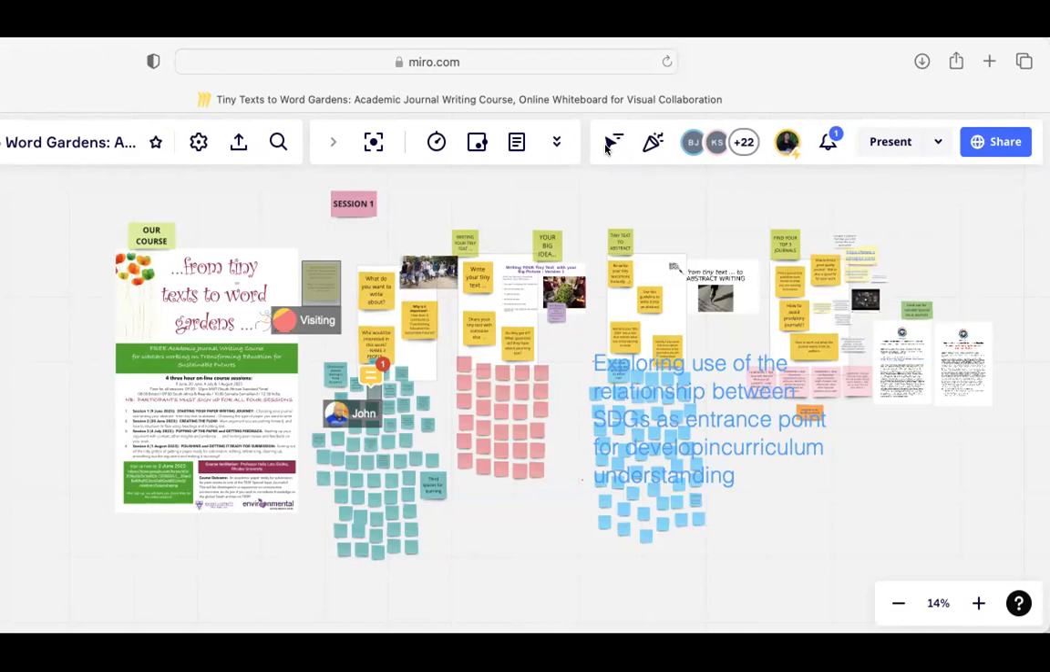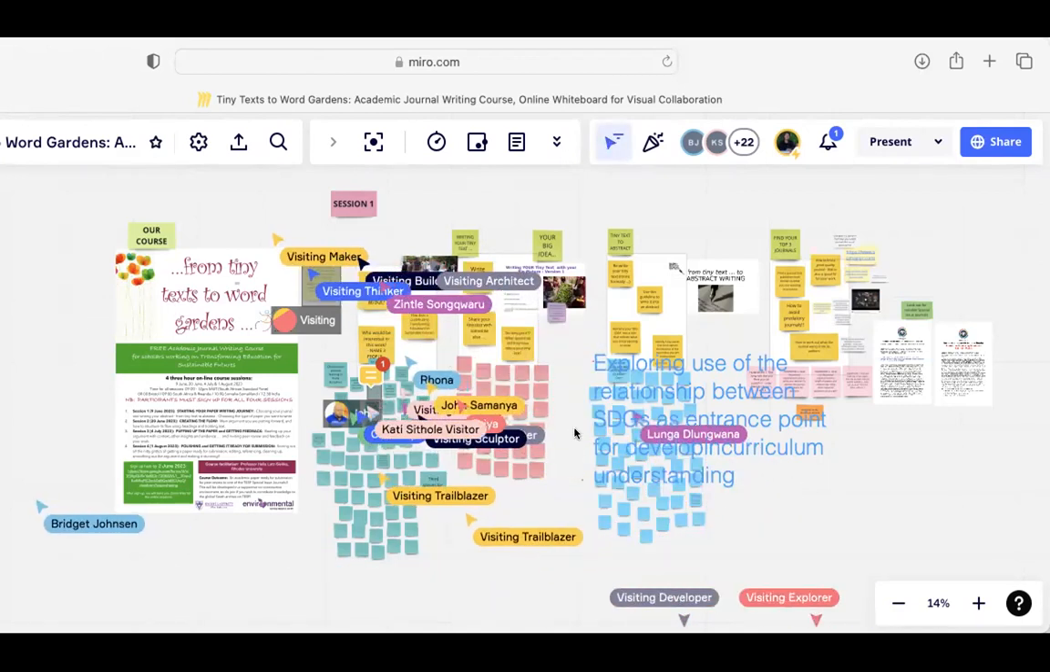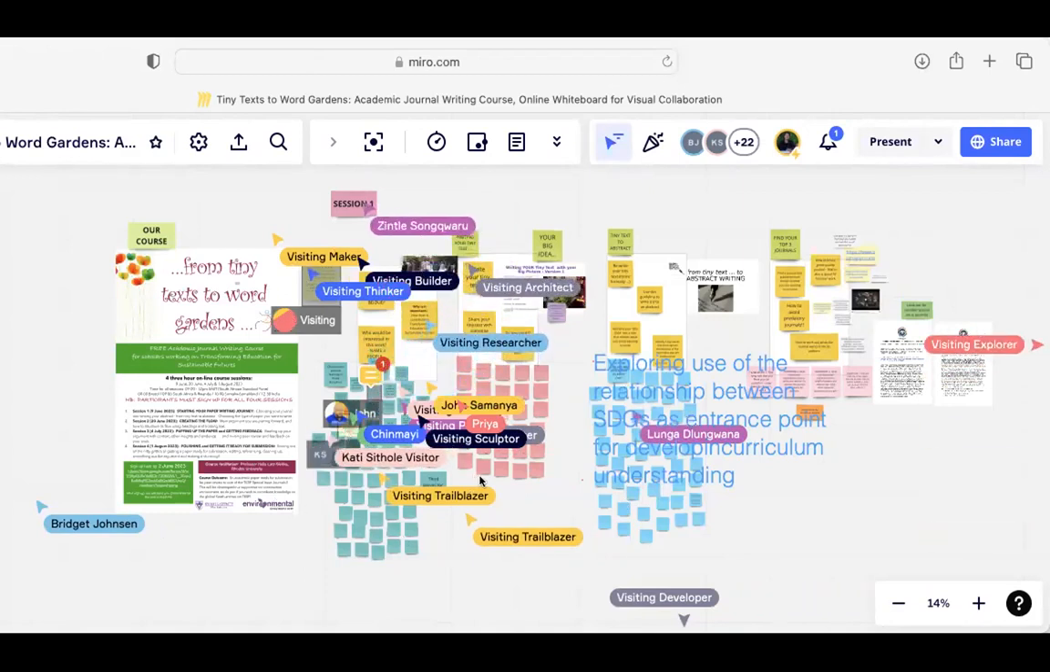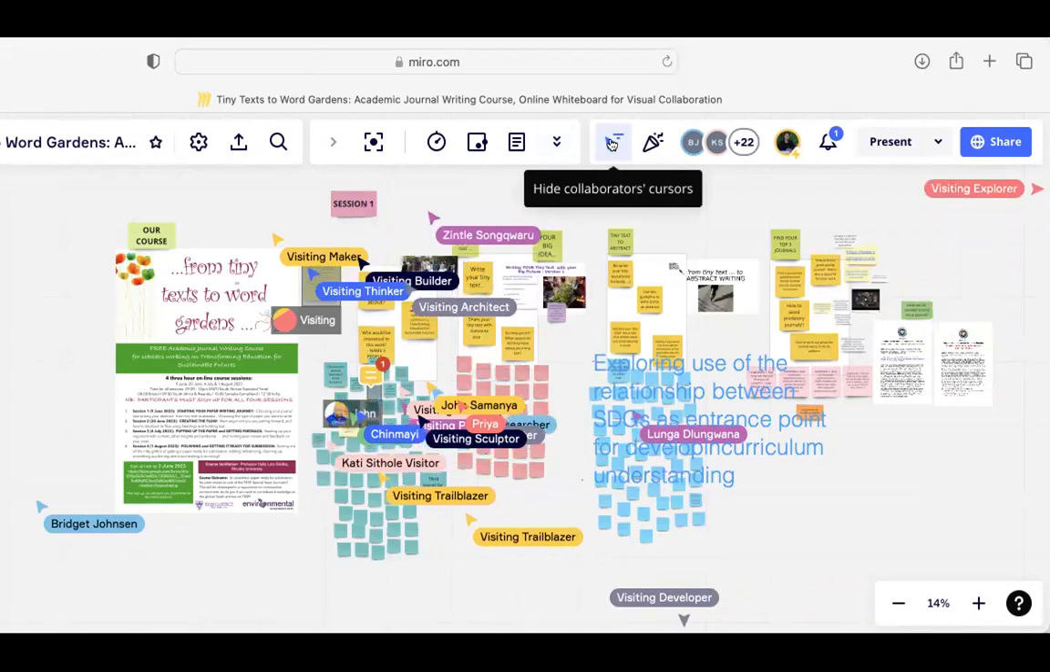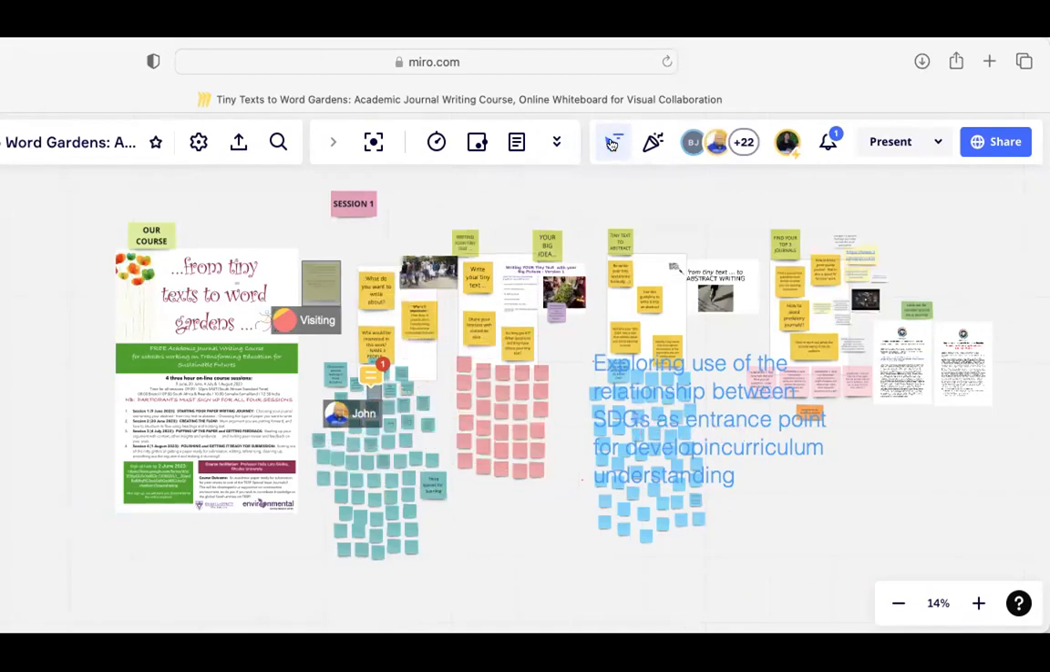A good hint that I've shared a couple of times: if you don't want to see everybody's cursors, look there, you can see everybody's cursors at the same time, while you're trying to do something, click this little arrow at the top, which says hide collaborators' cursors. Okay, then you hide everybody else,